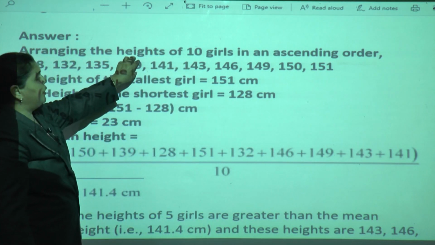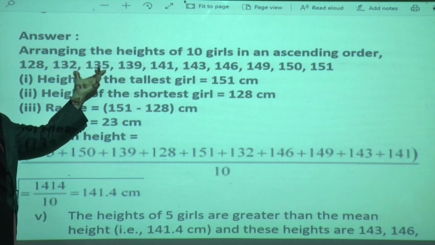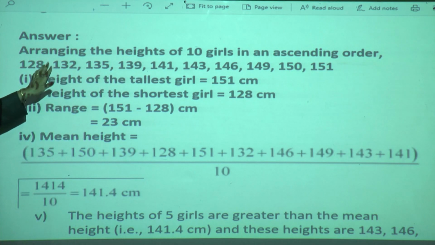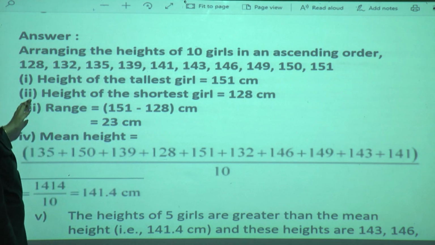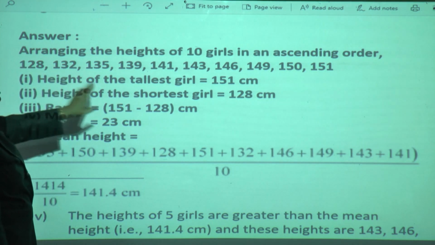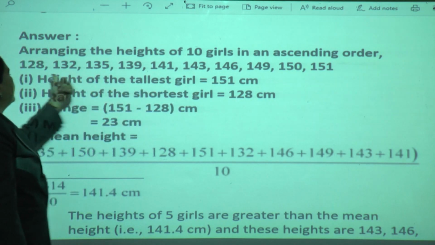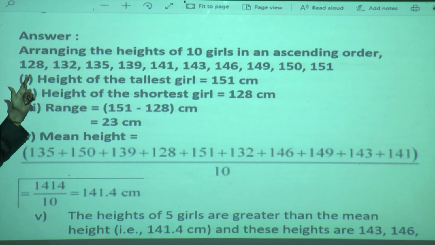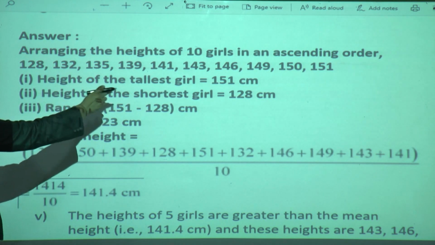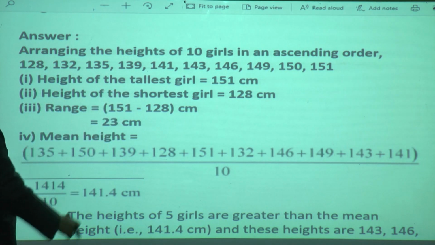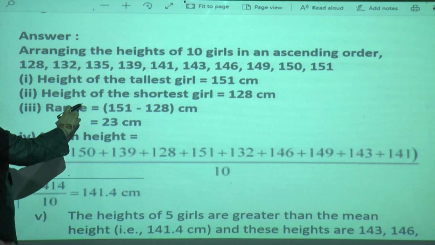If you have this data arranged in ascending order, you can find out the range very easily. What is the range? Highest height minus lowest height. So we had done it in ascending order. The height of the tallest girl is 151 centimeter. The height of the shortest girl is